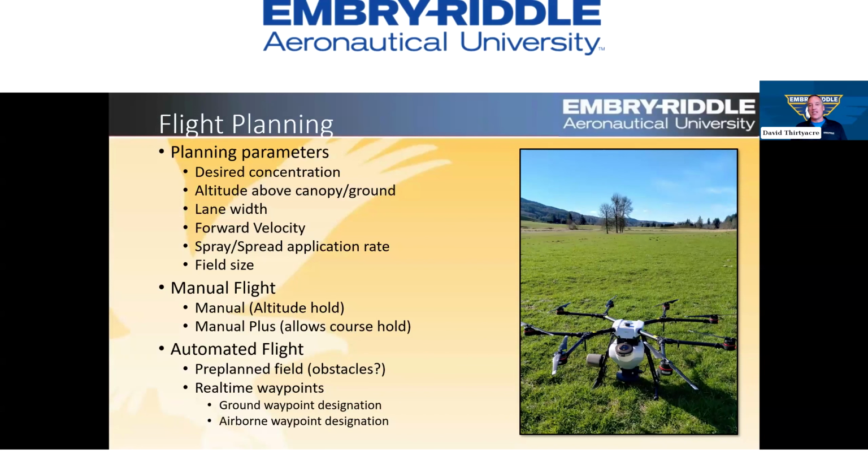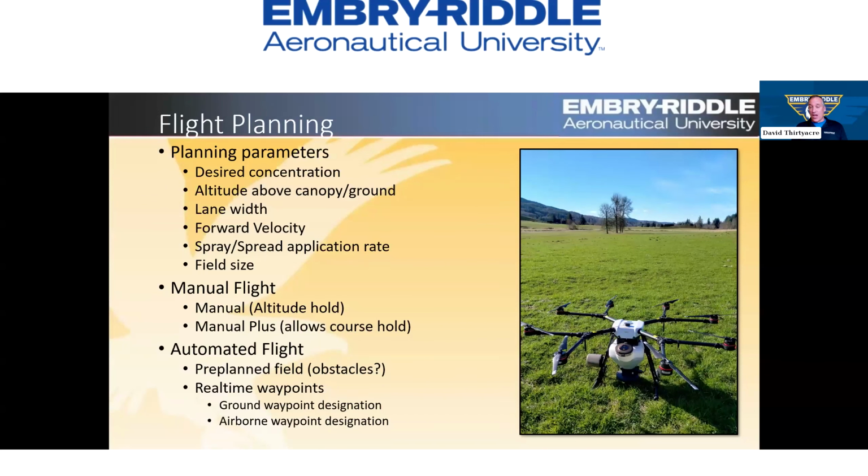How high you want to fly is going to determine how far and how precise it's going to be. You get out to a field like the one on the right, and now you weren't really planning on any wind, and now there's, say, a 5-knot crosswind from right to left as you're going down the field. How does that affect your spray? Generally, the lower you are, the less it's going to affect it. The higher you are, the worse it's going to be. So how low are you going to be able to fly to get the pattern and get everything down on the ground like you want?